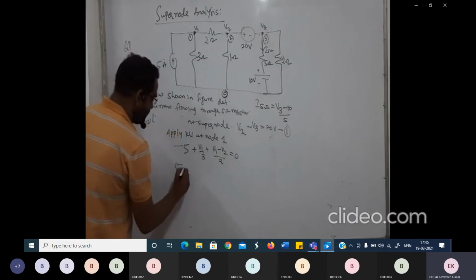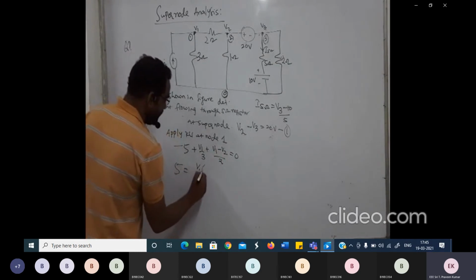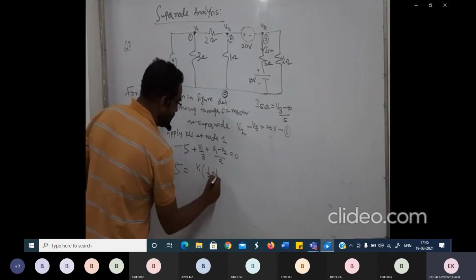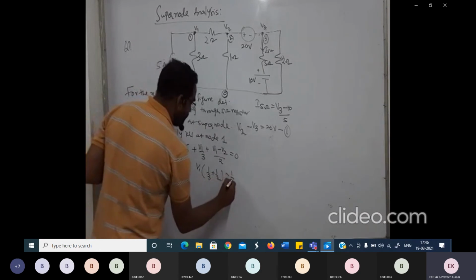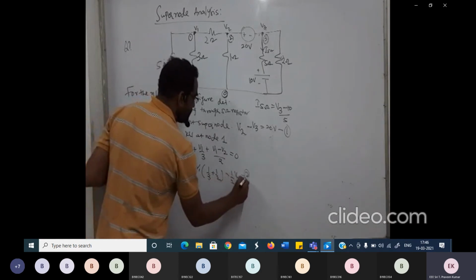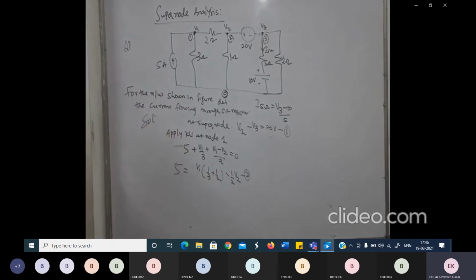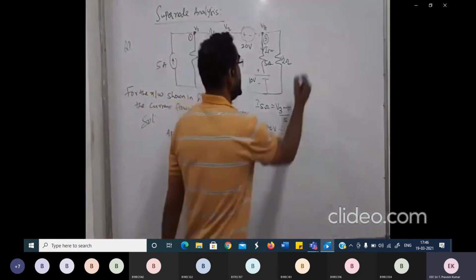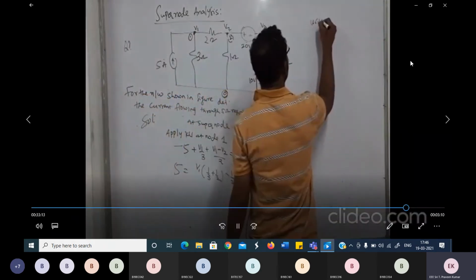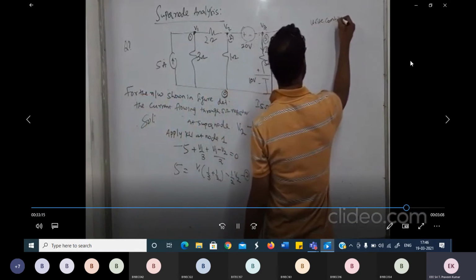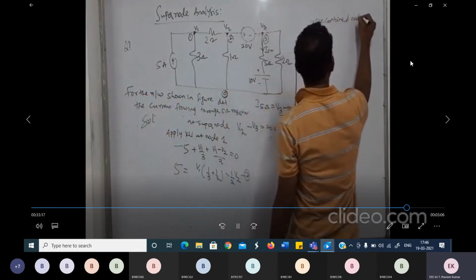To simplify this, we get 5 equals V1 into 1 by 3 plus 1 by 2, minus 1 by 2 into V2. Now take this as equation 2. Right? Now we have two equations. The next one is to write the combined node equations